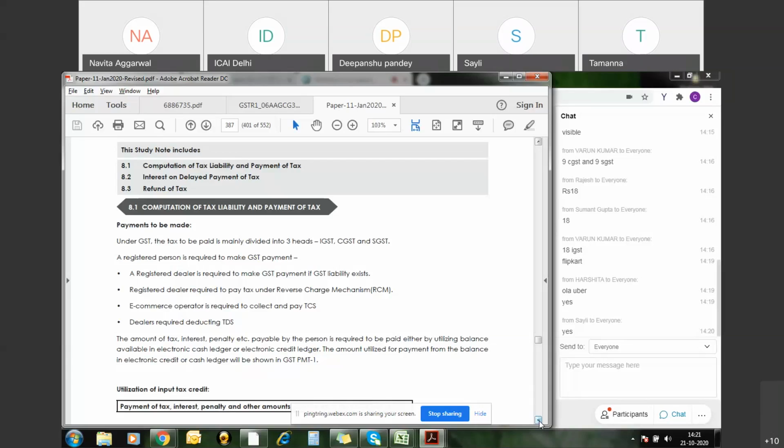For that same product, he must have purchased some material also. On that, this registered dealer, suppose, has paid rupees 9 as tax on purchases. So what is the net liability for this registered dealer in this case? It is 18, the outward liability, minus 9. That is, the registered dealer can claim the tax paid on purchases as input tax credit, that is rupees 9, and ultimately the registered dealer is liable to pay rupees 9 only, because